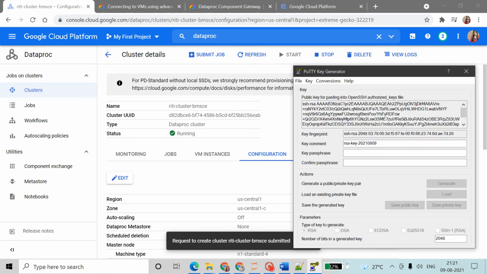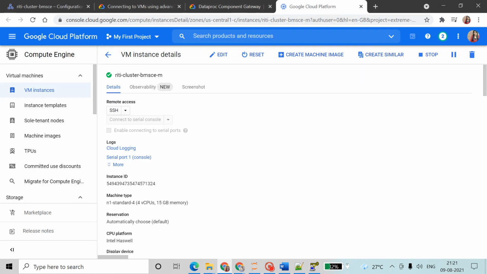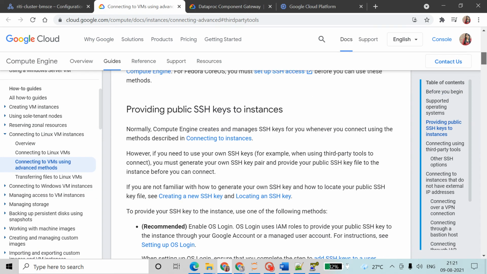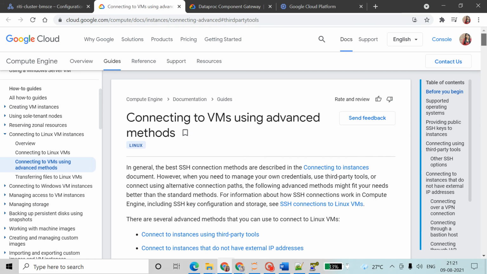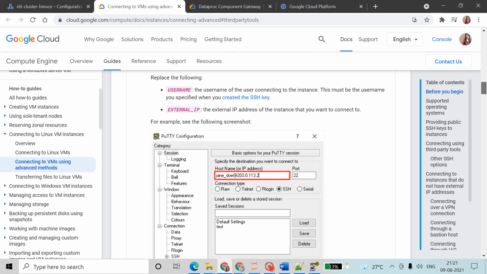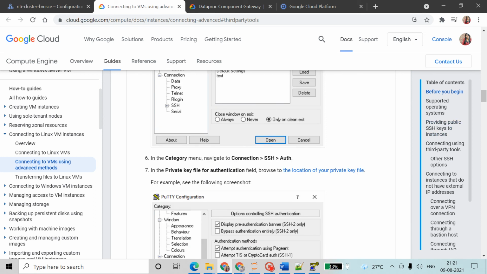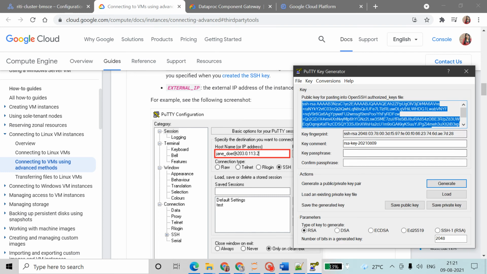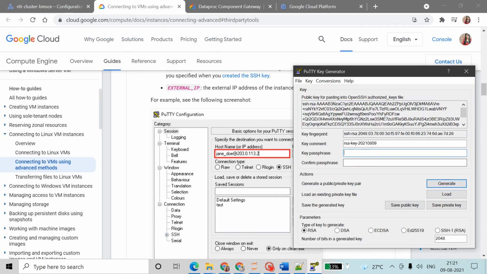See, if you are not understanding all these things, then they have some guidance also. For everything they have provided guidance. You have to go through the guidance, read it properly, and then see here they are doing this configuration. Wait a second, I did something wrong. Wait a second.